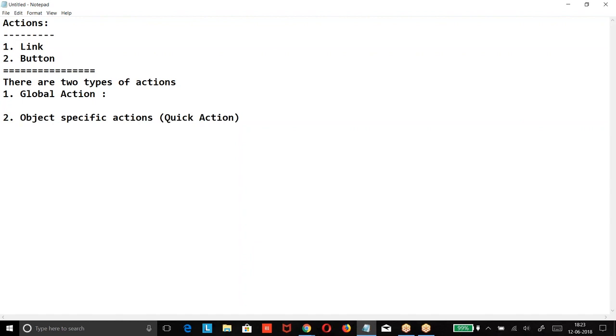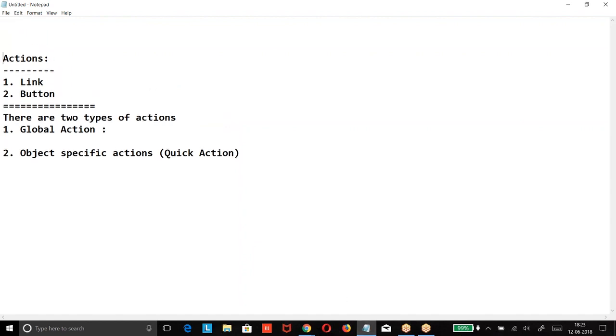Now if I am creating any functionality on account, that button should be included on account only. An example, I'll give a reference of Visual Force again for understanding. If I want to create a button on the account detail page, what do we do?